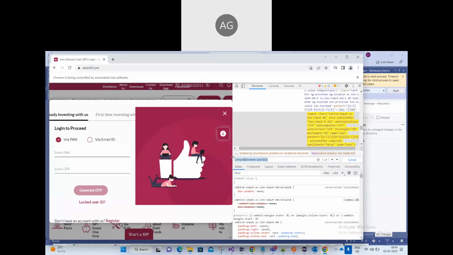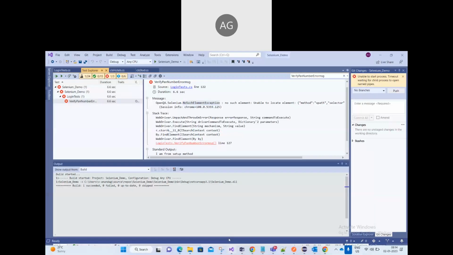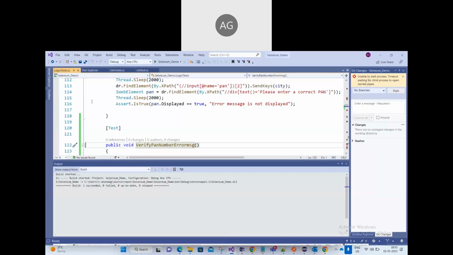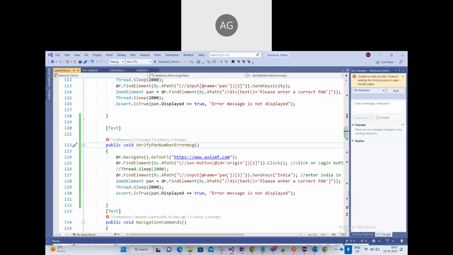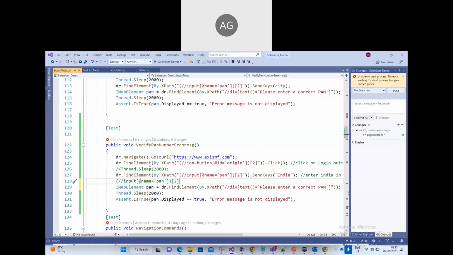Okay. Name equal to pan. But the same thing we are using here. Let's go here. This one. Same thing we are using, right? Get here, paste. Same, right? Input at name equal to, double slash input name equal to, right? Then what is the issue? It's a timing issue. So we will wait for 2 seconds after clicking the login button and try for that